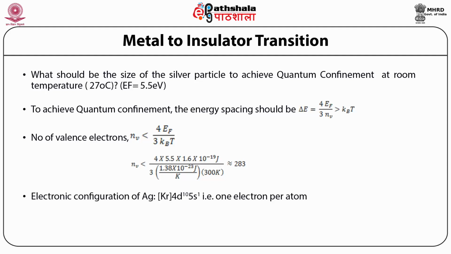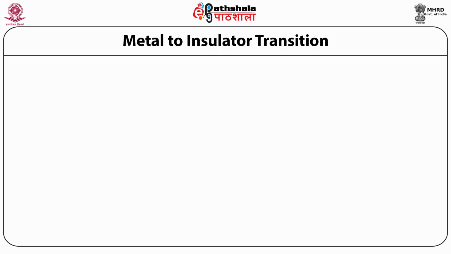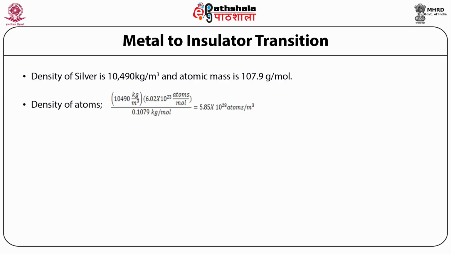Now the electronic configuration of silver is Kr 4d10 5s1, that is 1 electron per atom. Now the density of silver is 10,490 kilogram per meter cube and atomic mass is 107.9 gram per mole. So the density of atoms is the density of silver, that is